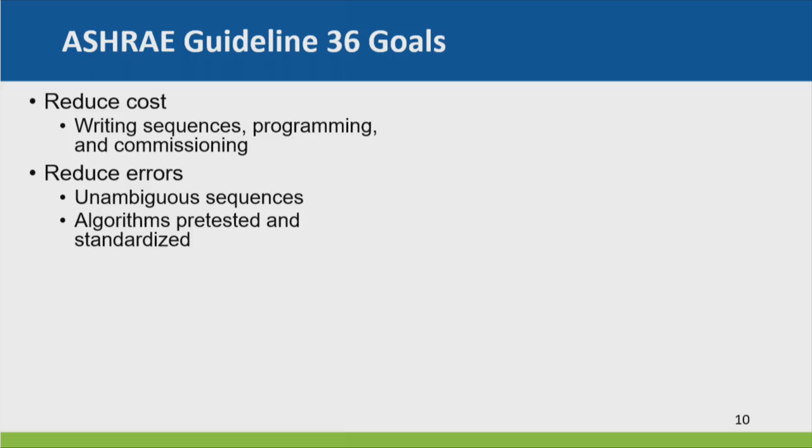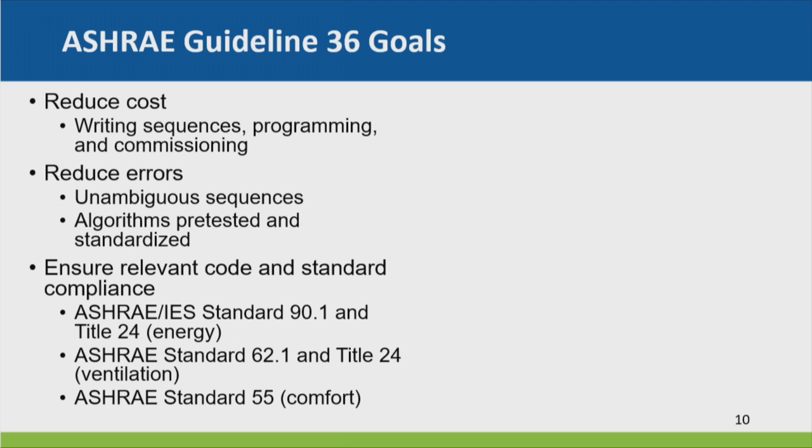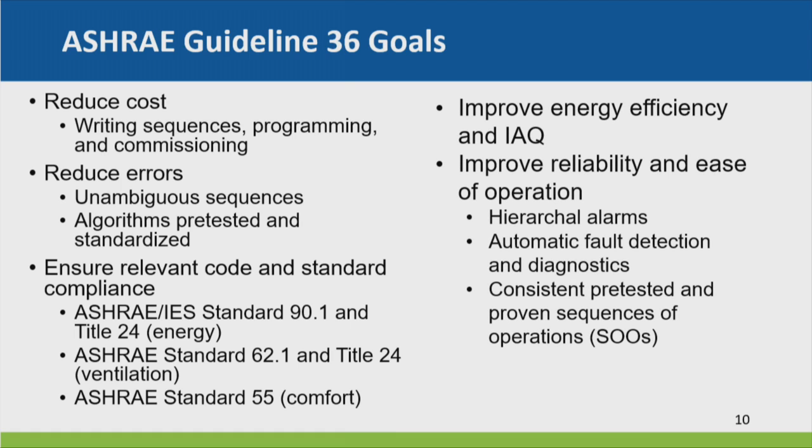All right, so our goals: reduce costs for sequencing, program commissioning, reducing errors by eliminating ambiguity, knowing that the algorithms are tested and standardized. We ensure that all of our codes and standards are complied with. And we improve energy efficiency and indoor air quality accordingly. And we improve reliability and ease of operations. So one of the things we have